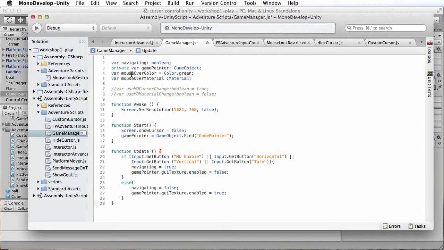Have another public variable called mouse over color, which we're going to set to green by default, and then that will be the color of the custom cursor when we roll over objects that we want to react to that custom cursor being over them. We're going to have a public variable named material that is going to allow us to change the material applied to the custom cursor or change the material applied to the object that gets rolled over. In this video, we're not actually going to use this, but if you read the chapter, at the very end of the chapter, there's a section that describes the use of this